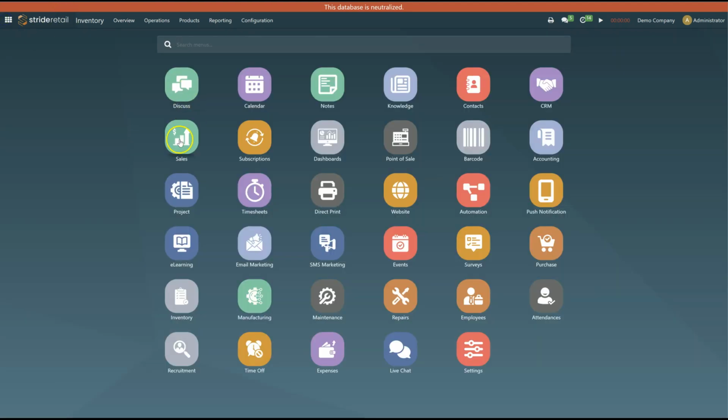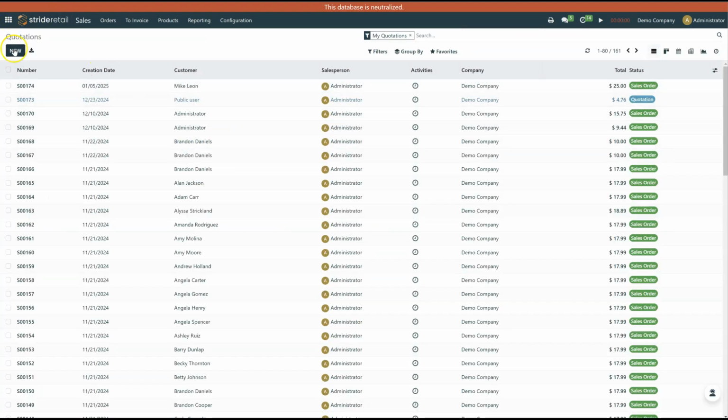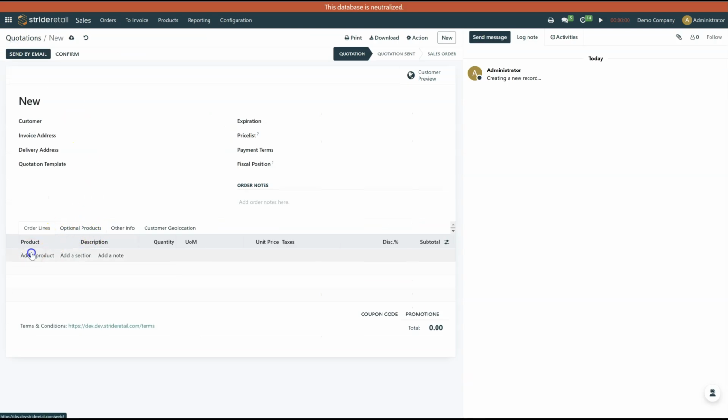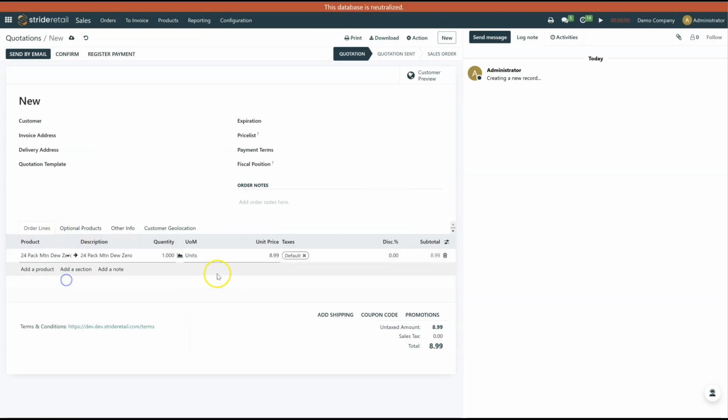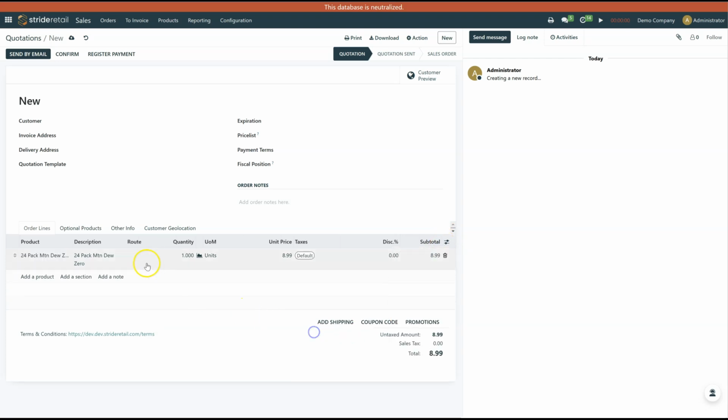The one other feature is you can technically, if it's an item that you already purchase and you want to just drop ship it because, say, I don't have it in inventory, there is a toggle button on your sales order. You can turn on the route, and you can also drop ship any product on the fly from a sales order. This has to be done manually from the sales order. And you have to have a vendor selected on that part, or it will error out when you try to